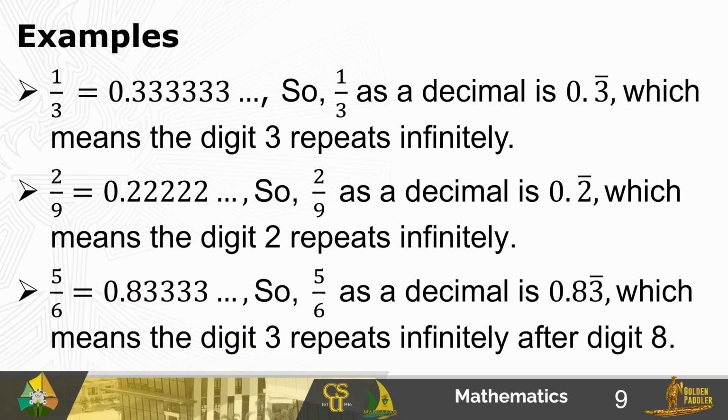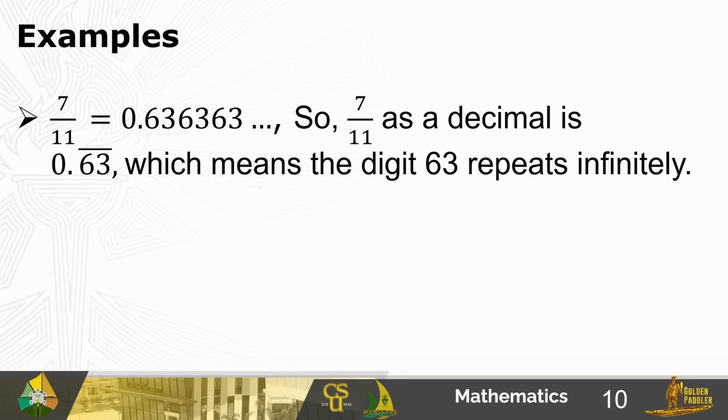And 5 over 6 is equal to 0.8333. So 5 over 6 as a decimal is 0.83 bar, which means the digit 3 repeats infinitely after the digit 8. So these are some examples of repeating decimals. Okay, so another example, 7 over 11